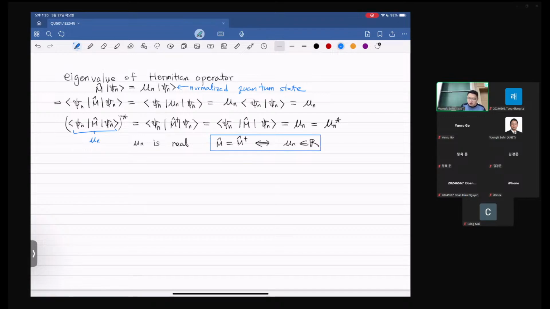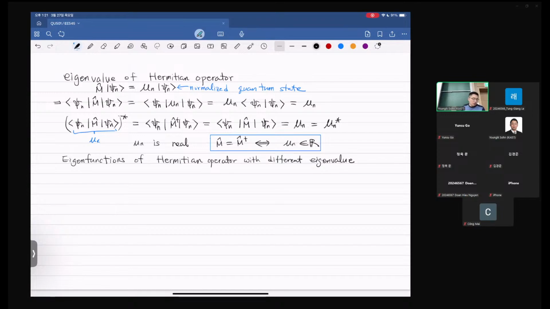All right, and then next one, eigenfunctions of a Hermitian operator with different eigenvalues. So I'm going to discuss two eigenfunctions, and they are both eigenfunctions, but their eigenvalues are not the same